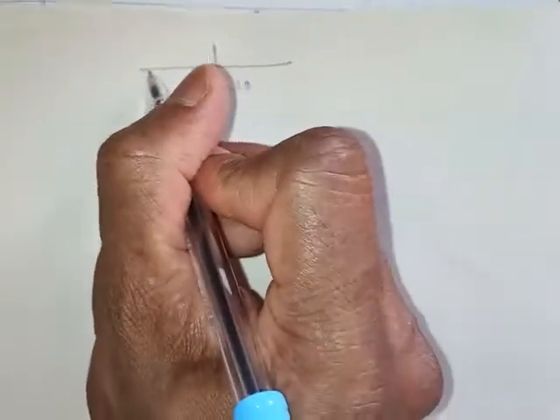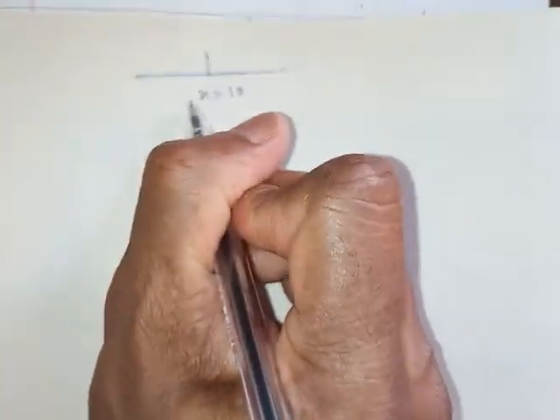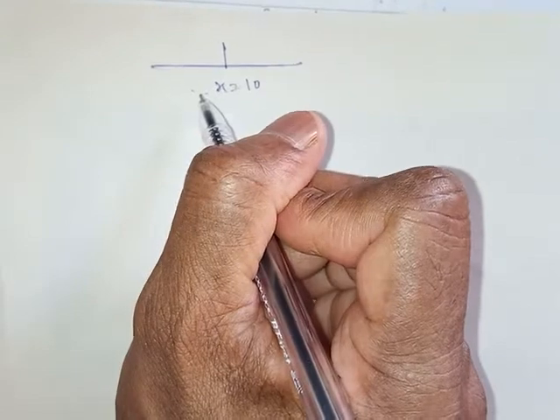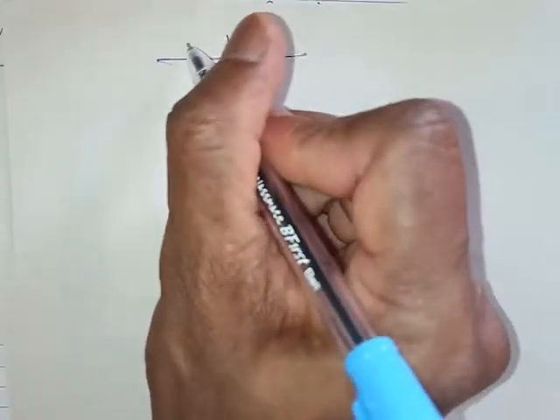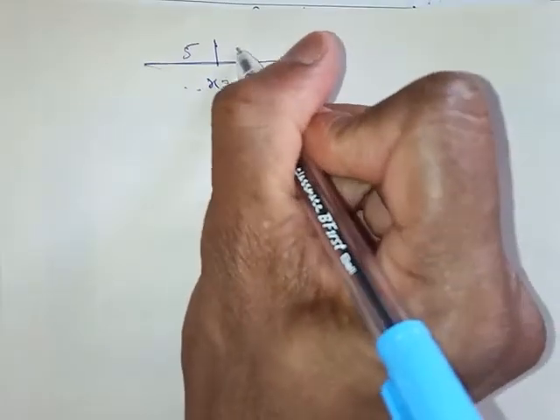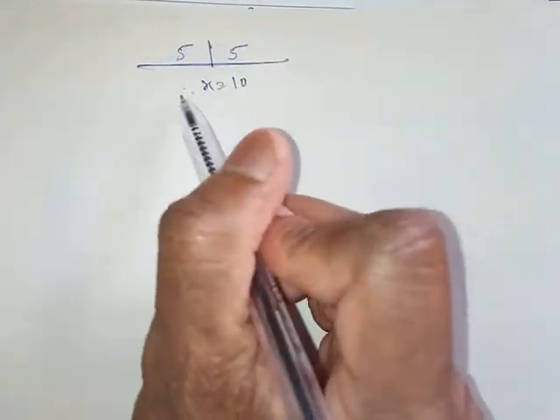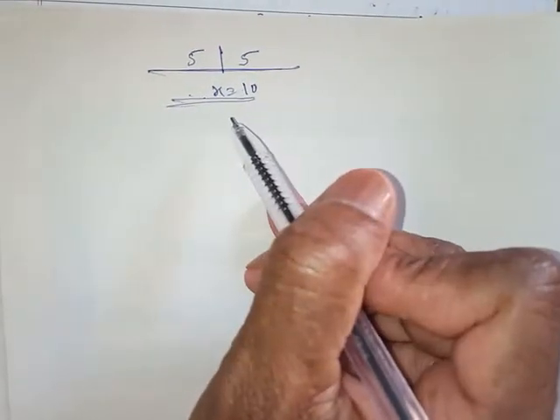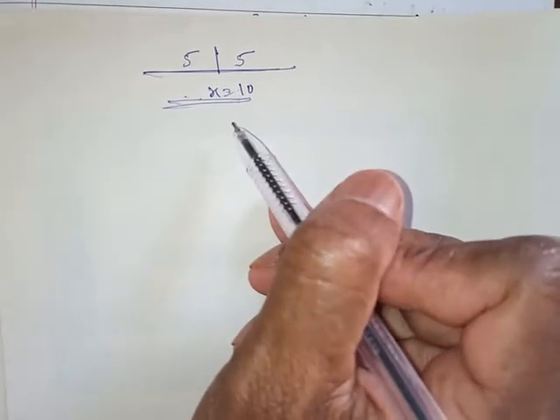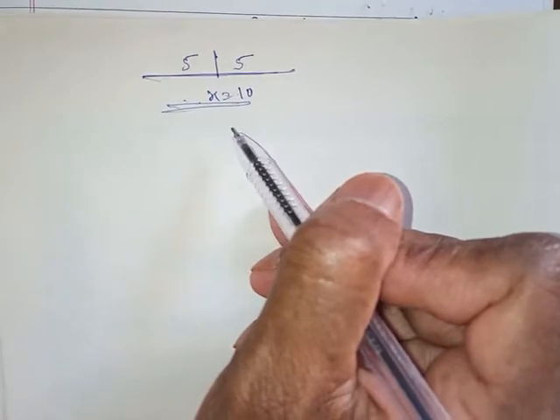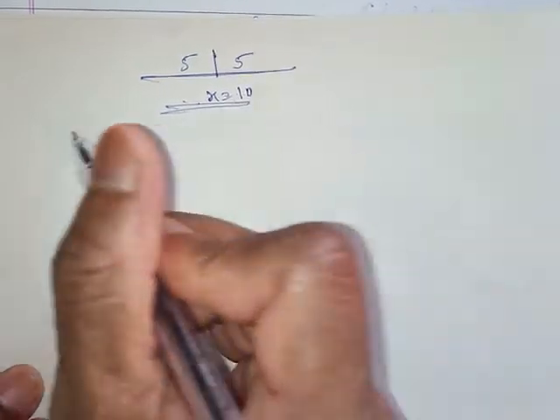What is given as left hand side of 10? 3 less than x less than or equal to 10. So it is 5, and the right hand side is also 5. So you can solve this by two methods: first definition or second definition. Suppose you do it with the first definition, how will you do it?